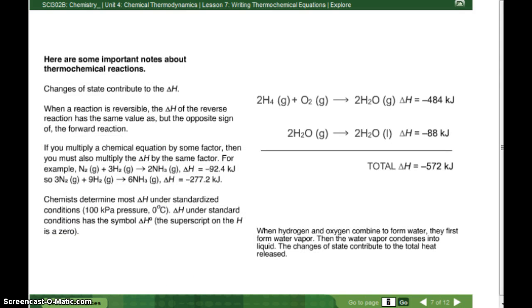Here are some important notes about thermochemical reactions. Changes of state contribute to the change in enthalpy. When a reaction is reversible, so when you can have it go one direction and then have it go back the other way, the delta H of the reverse reaction has the same value as, but the opposite sign of, the forward reaction. So in other words,